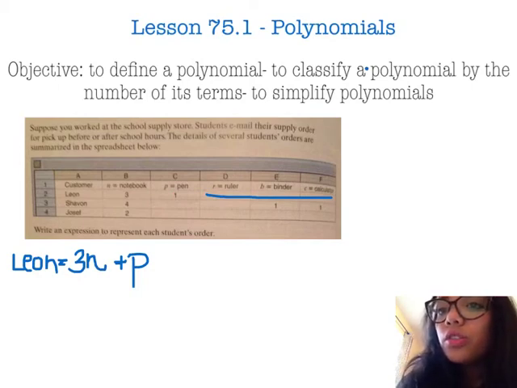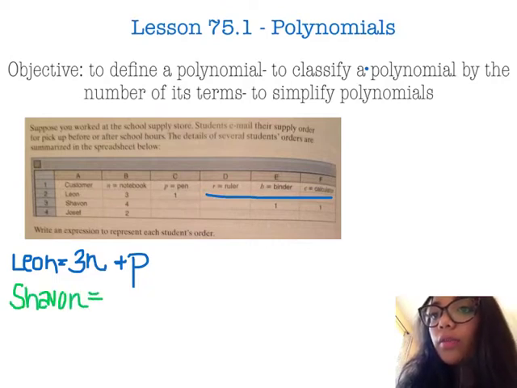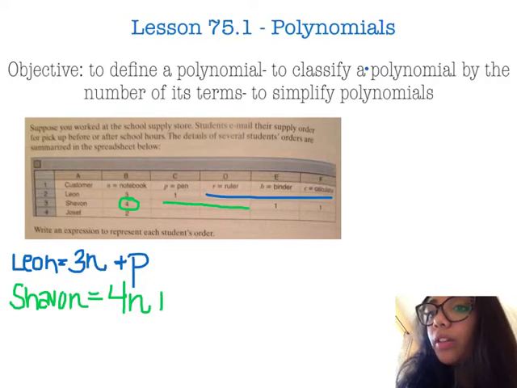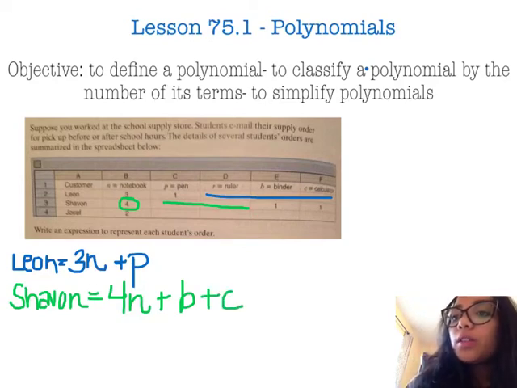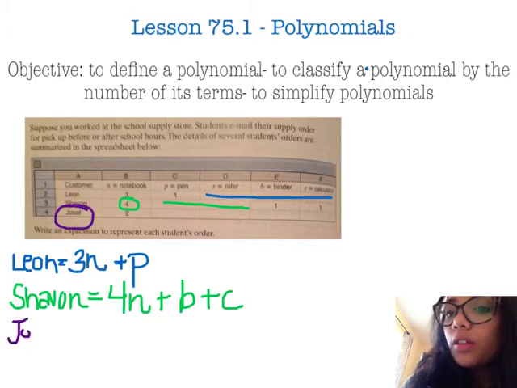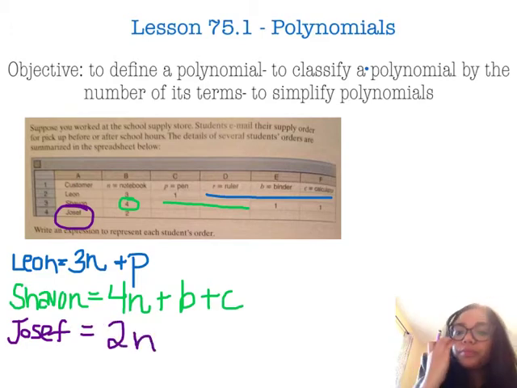So Siobhan bought 4 notebooks, no pens, no rulers, 1 binder, and 1 calculator. Okay, and then the next one, Joseph, he bought 2 notebooks and nothing else. So,